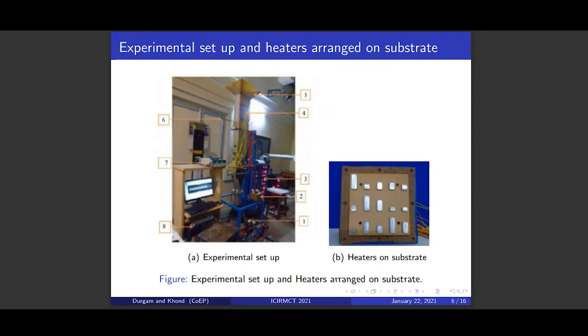The blower is started to blow air at required velocities measured by the anemometer. All the experiments for different velocities, heat flux values and substrate boards are simulated using COMSOL Multiphysics software.